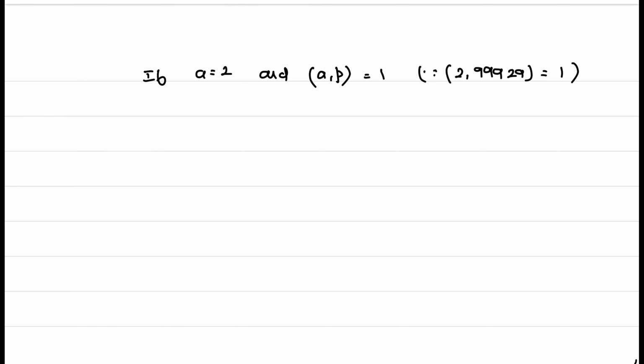Here p is equal to 99929, p minus 1 is 99928. Hence, Fermat theorem can be applied. First, we have found out whether the given number is a prime, and for p minus 1 we have